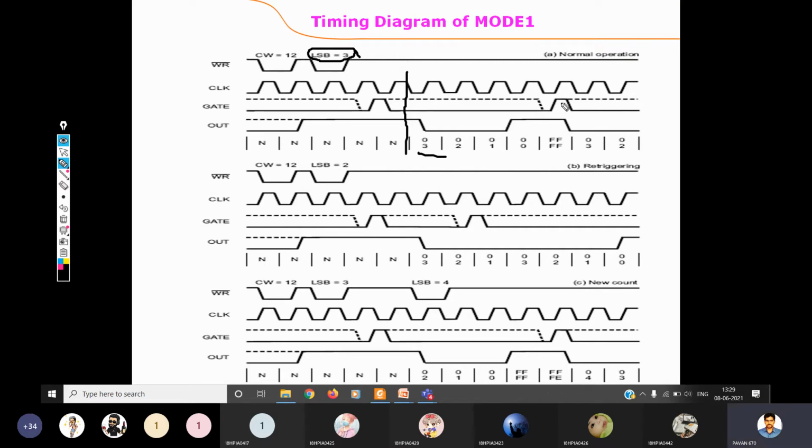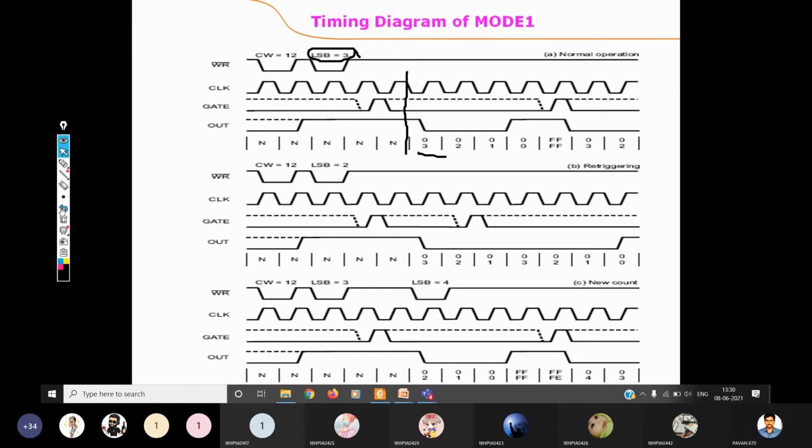Till again it gives a trigger. And whenever the trigger occurs, it will again make the same operation repetition here. Okay. So here, since mode 1 is a hardware retriggerable or programmable one-shot mode, the gate triggering, depending on the triggering event of the gate, whether the counting should be started or not, will be dependent not only on the clock pulse negative edge, but also on the gate signal's triggering event. The counting action is dependent in mode 1.